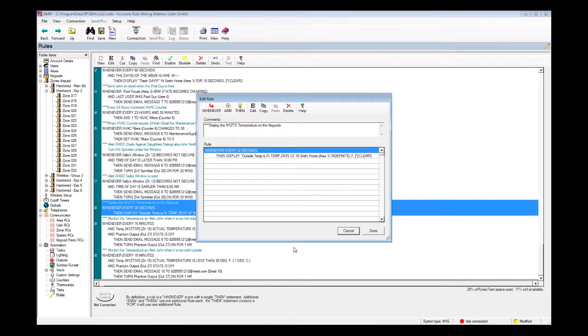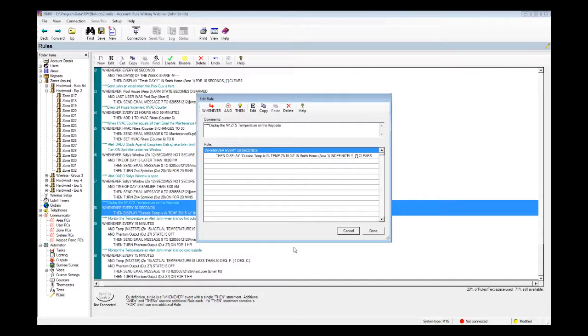So I have whenever 30 seconds I want to display the temperature of the M1 zone temperature sensor. Now this can be used indoors. It can be used outdoors if you're using the M1 ZTSR with the 7-foot remote probe. The probe's actually weatherproof. It's not waterproof, but it's weatherproof, and it's intended for harsher environments, so you can actually have the probe in a freezer, for instance, or a little harsher environment than just regular outdoors, and it can